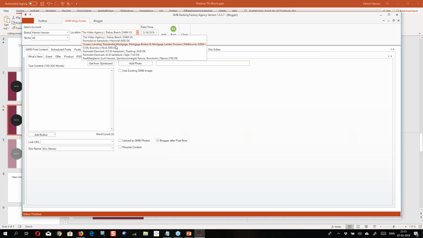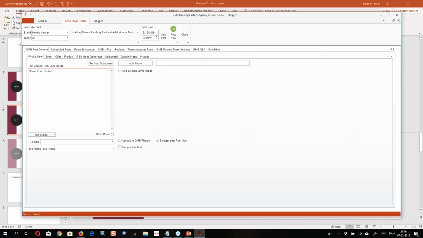So if we go back to our little example of ocean lending, the mortgage. If I want to have mortgage broker, home loan brokers, that will be my first in my stack. And then the supporting ones that will come below is maybe,